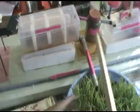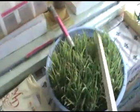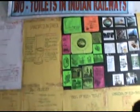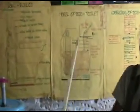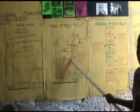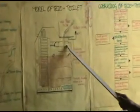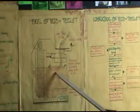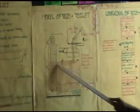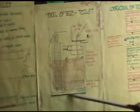The fecal matter present in the retention tanks can be used as a fertilizer in agriculture. There we can see one model of bio toilets. This compost paste can be introduced into the digester tank, and it removes all the water contained in that paste. A mixer is provided in the digester tank, and it is converted into a powder, and we can see that powder there. It will be used for